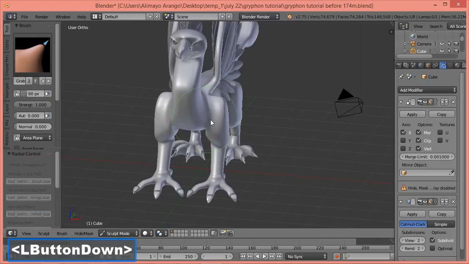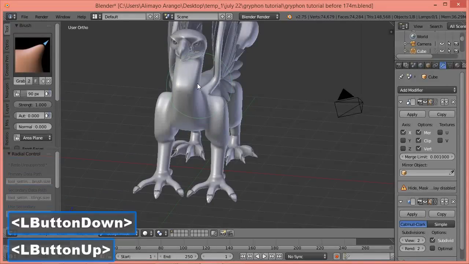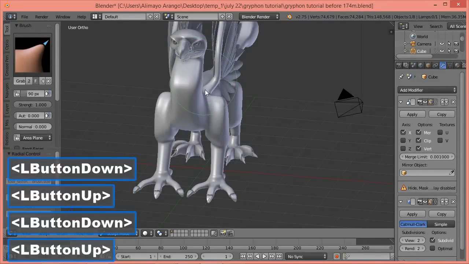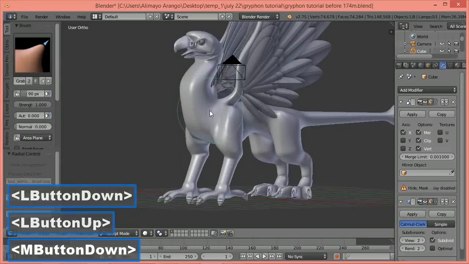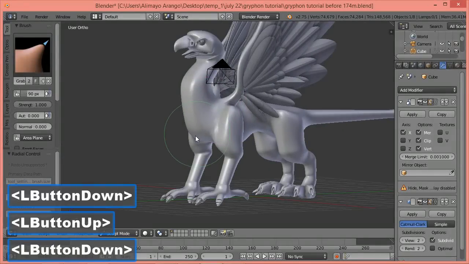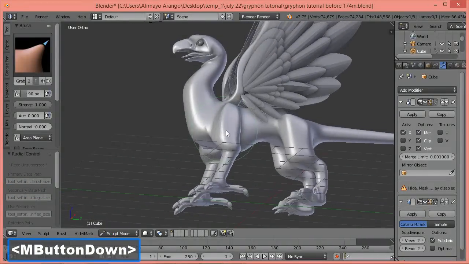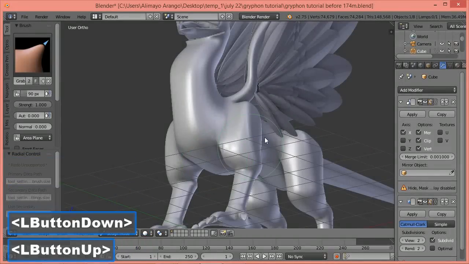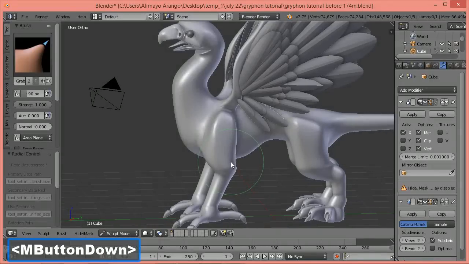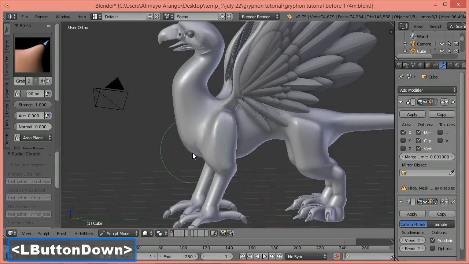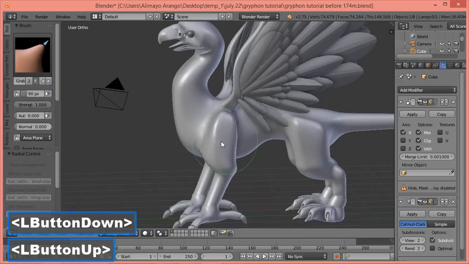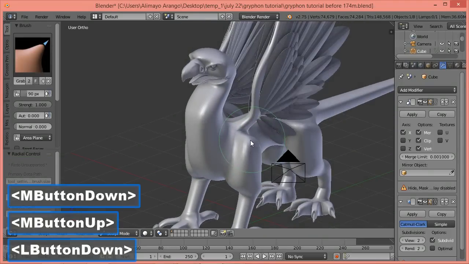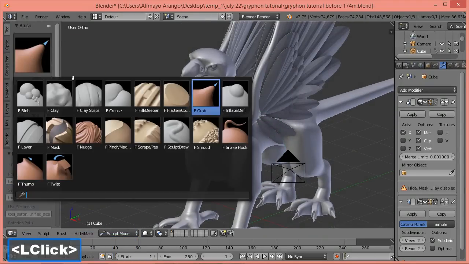So I just want to increase the thickness here. Make this a little bit thicker. You can see how easy it is to modify things in sculpt mode. Want the back legs to be a little bit thicker. See this, if you want to push the